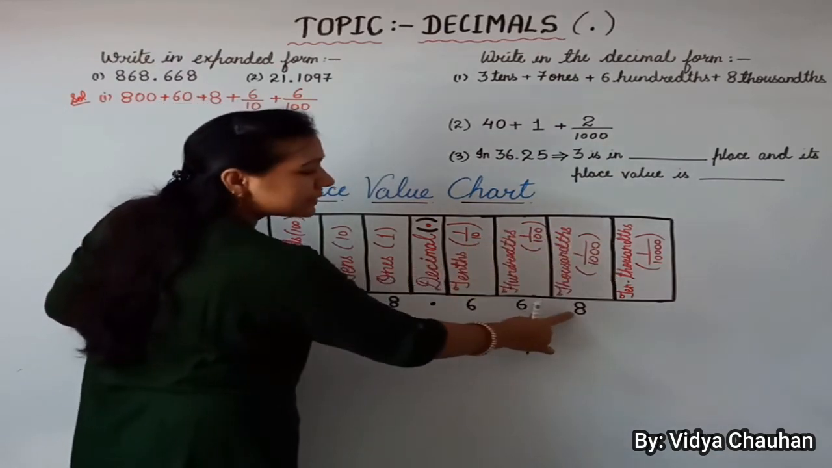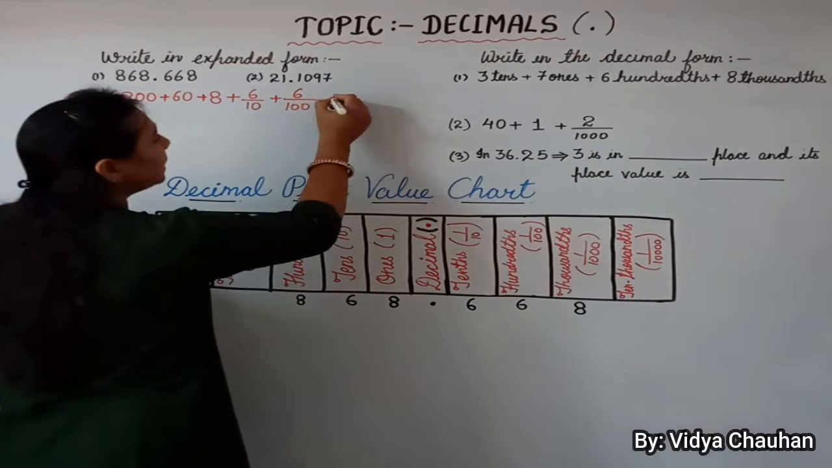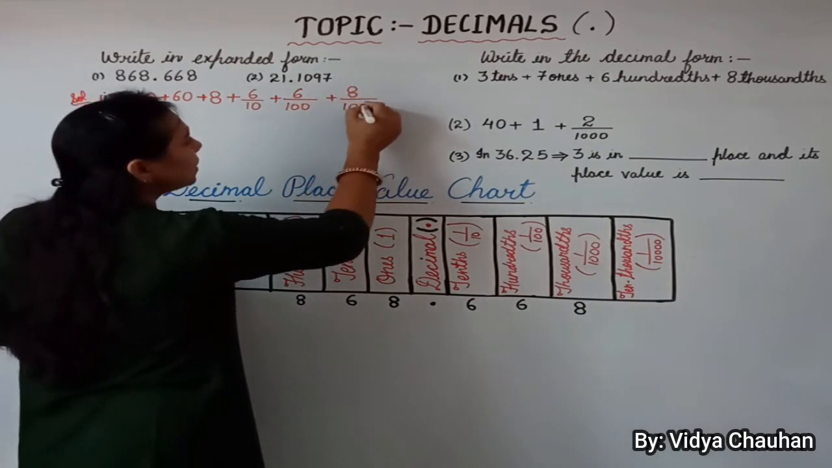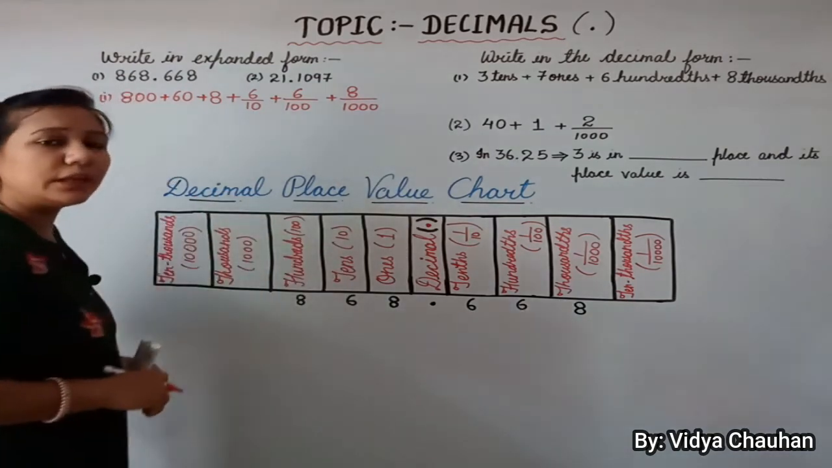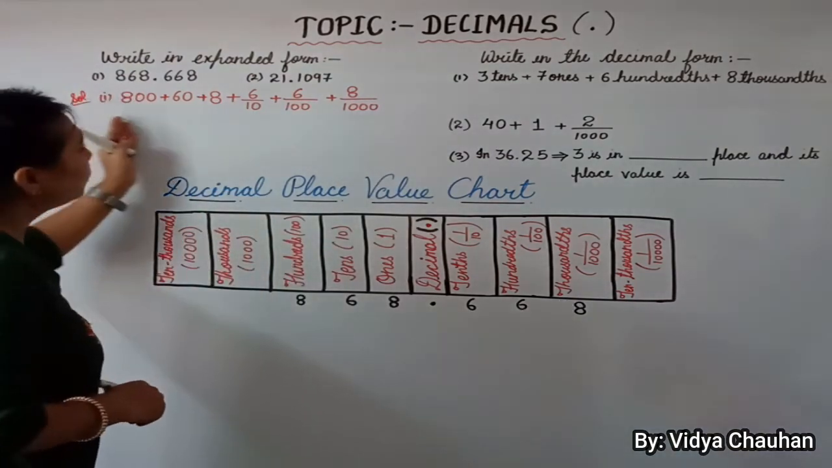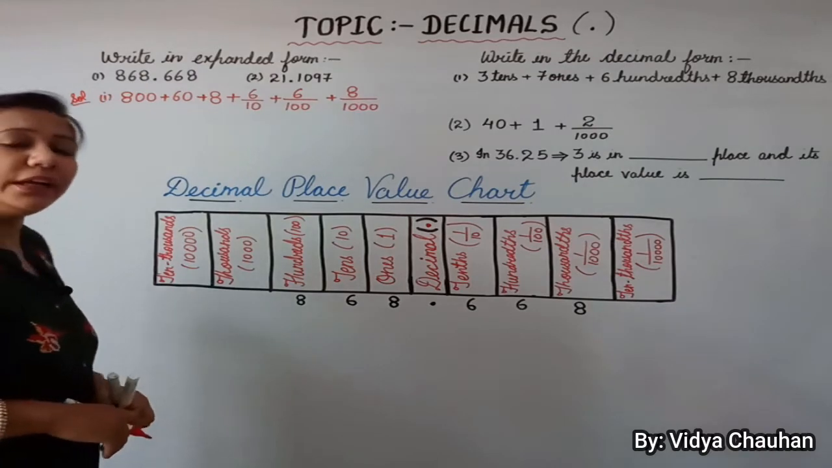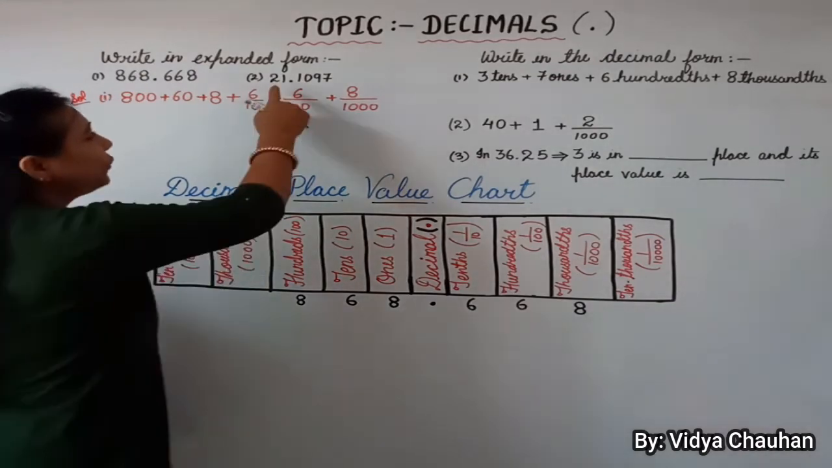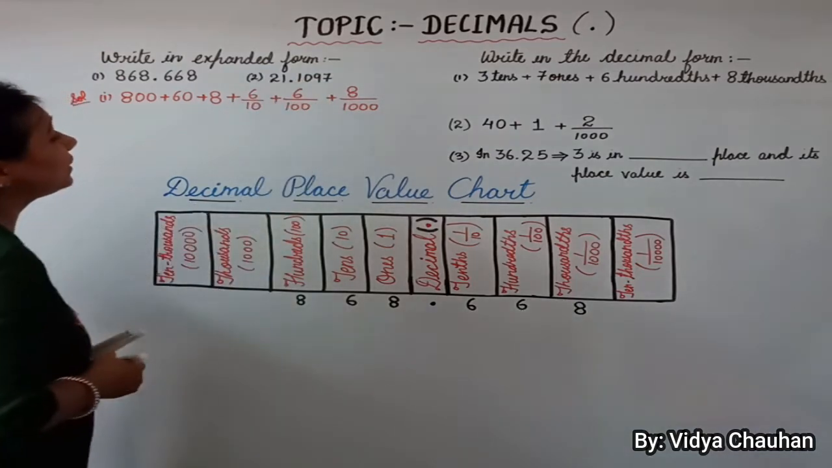Similarly, the last digit is 8, which is at thousandths place. So 8 multiplied by 1 upon 1000 is 8 upon 1000. So this is how you can write any decimal number in its expanded form. Clear, students? Let's take one more example, and our second part is